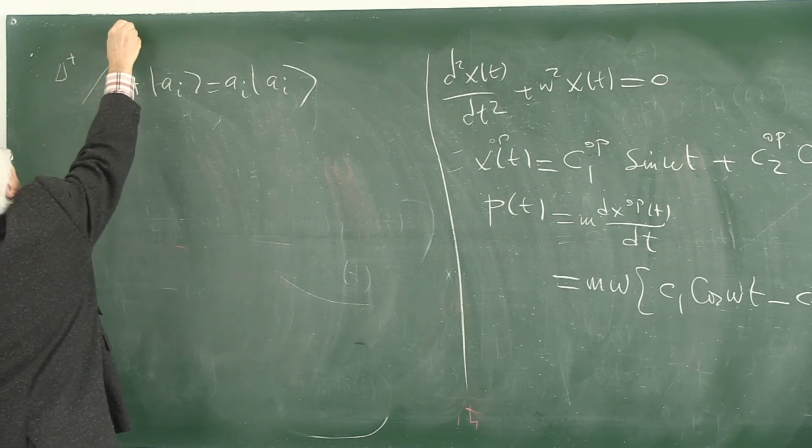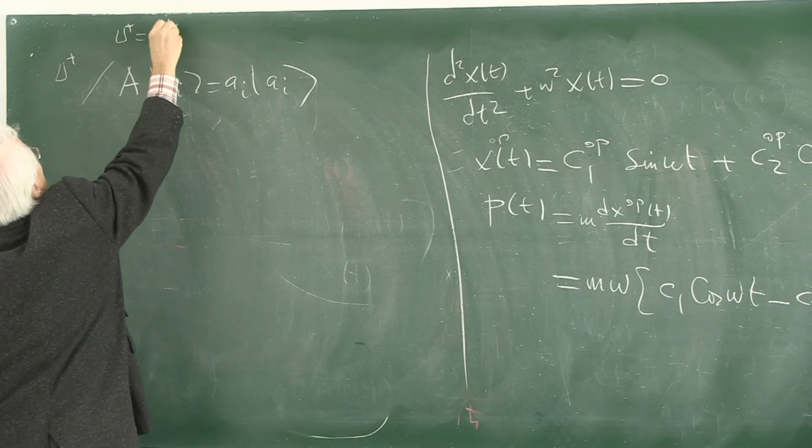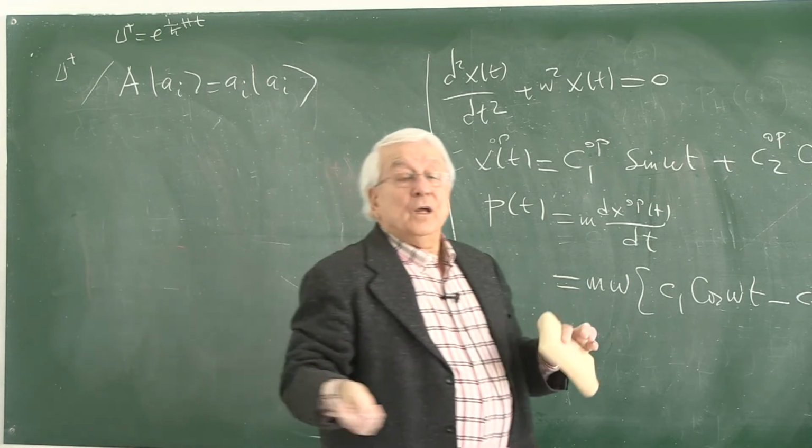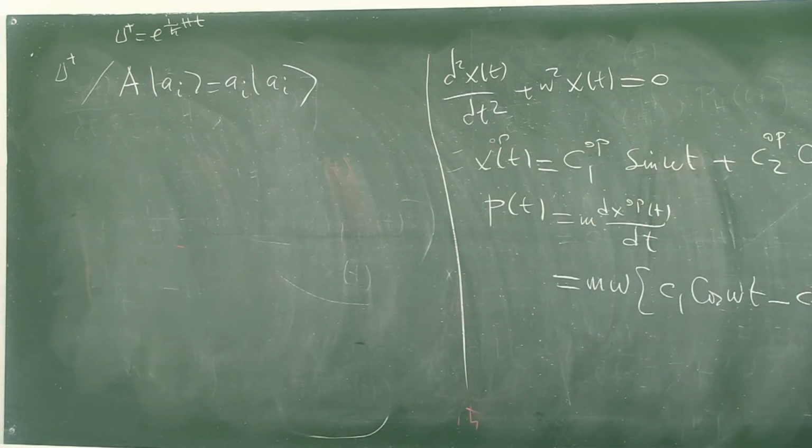Well, remember U dagger was e to the i over h bar Ht with a plus. Instead of using different types of U's, one set of U for the time evolution, another set of U for the passage from Schrödinger to Heisenberg, I'm using the same U. Therefore, perhaps what is a little uncomfortable is that U dagger is entering. Because time evolution is e to the minus i over h bar Ht, U dagger is plus. It is with this plus which you undo the time evolution from the states and carry